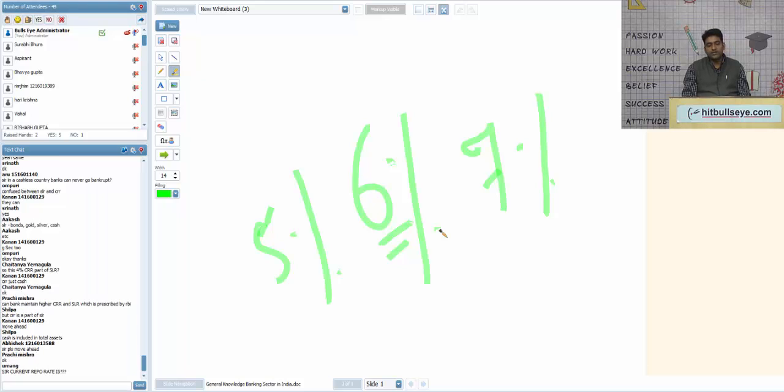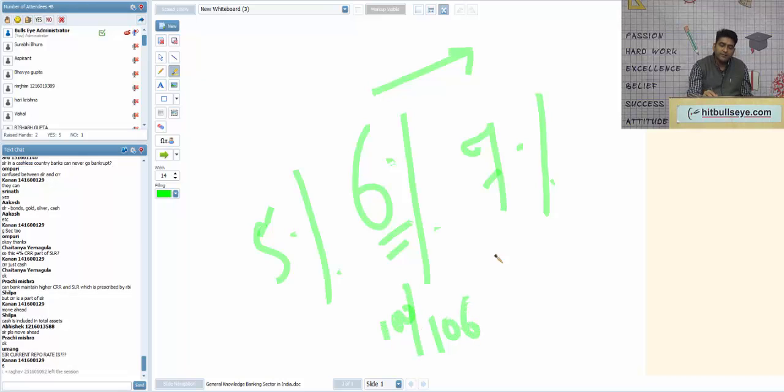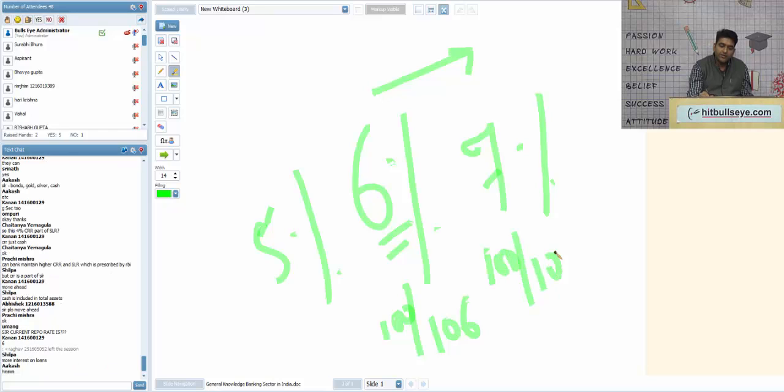For every 3 occasions we have, try to understand the concept first. For every 3 we need a certain type of ideology. So let us say if RBI is increasing the rate from 6 to 7%, what does it mean? It means that earlier I was taking 106 rupees on 100 rupees, but now I am charging you 107 rupees on the same 100 rupees. What I mean is that I am not very happy to give loans, क्योंकि अगर मैं